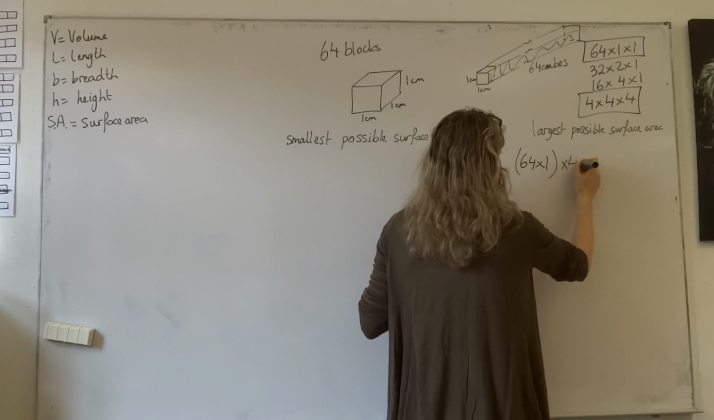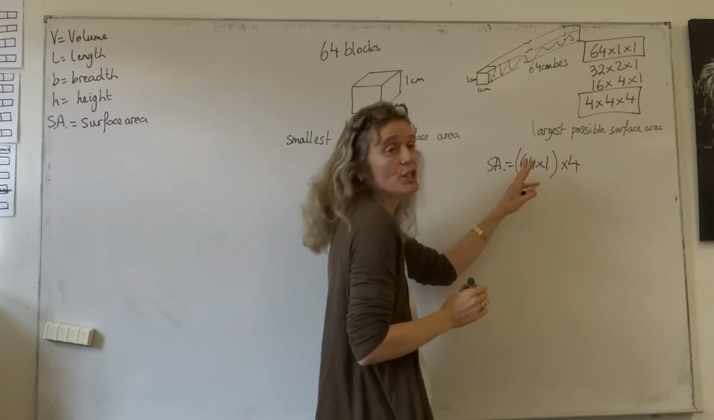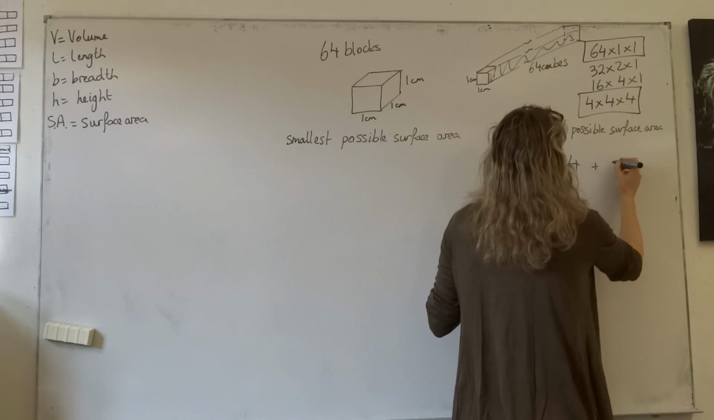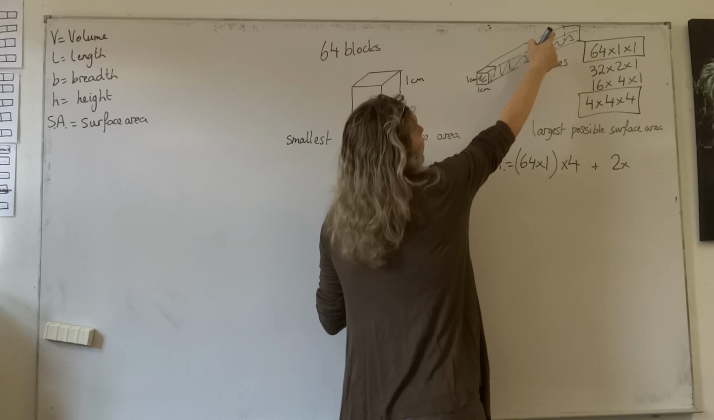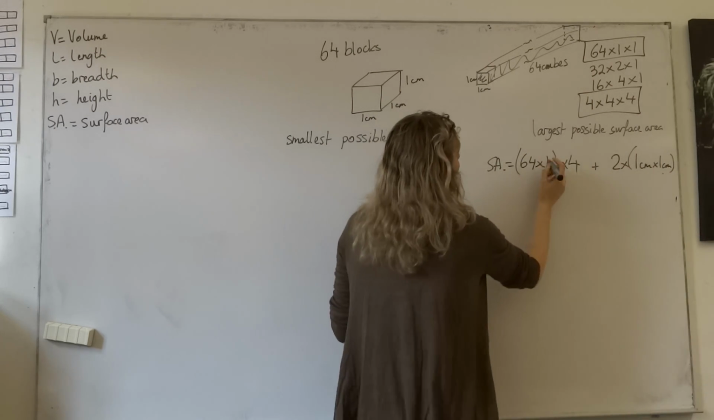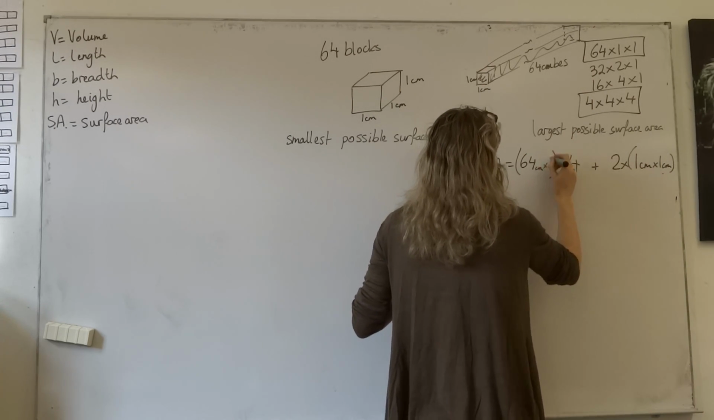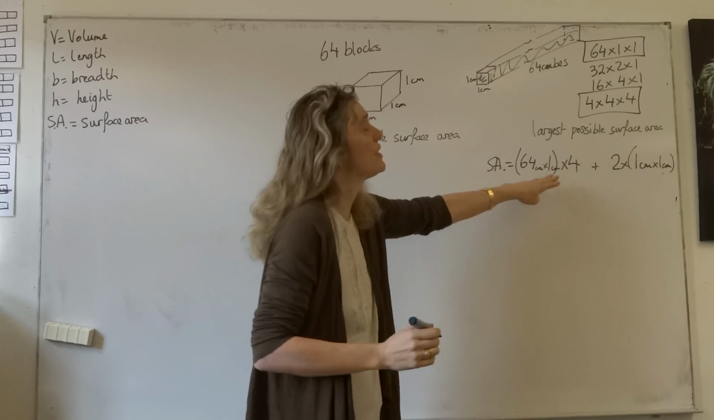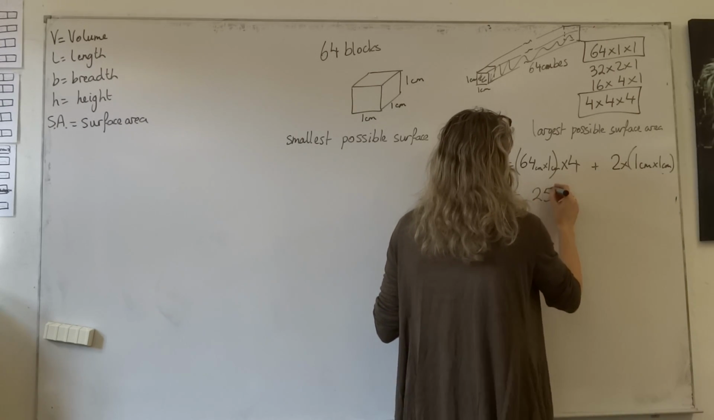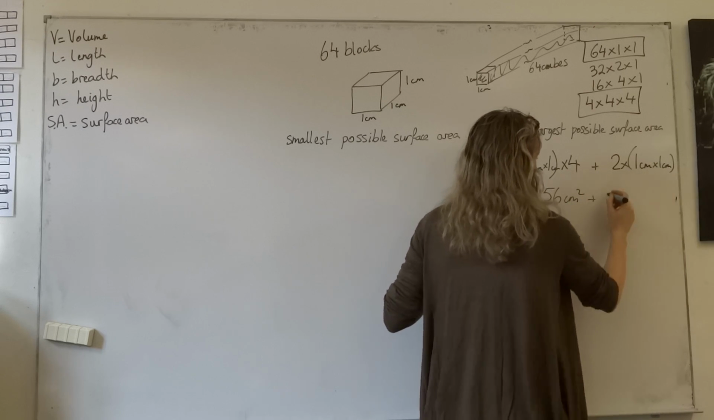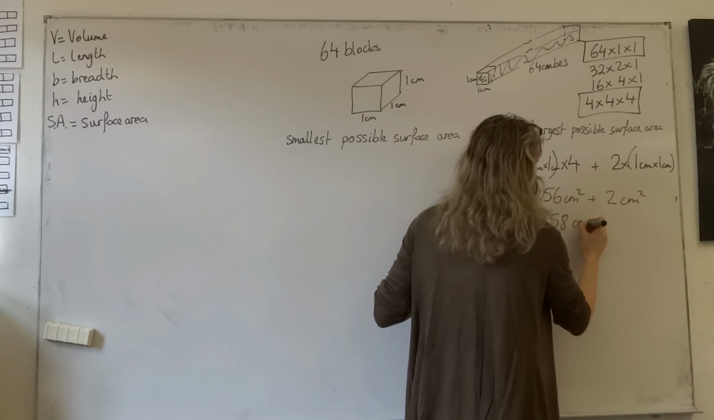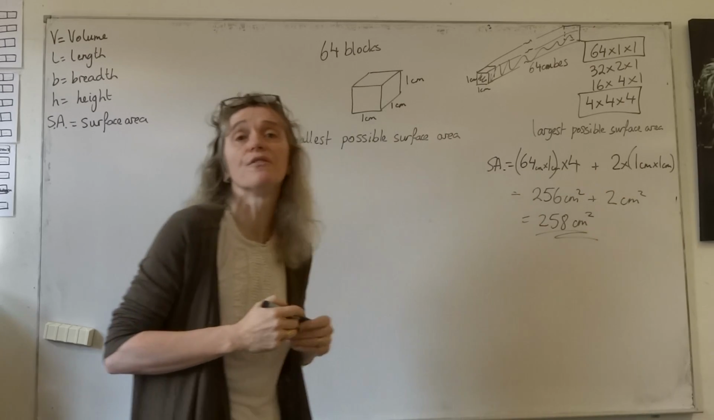So to calculate the actual surface area, we need the area of each of the faces. We'll have 4 faces that are 64 times 1 centimetre. And we're going to have 2 faces, the one at the front and the one at the very back, that are just going to be 1 centimetre by 1 centimetre. I should put in the units there, sorry. So we're going to have 64, double that, we get 128, double 128, we get 256 centimetres squared, plus 2 centimetres squared. So the largest surface area we can get with these blocks would be 258 centimetres squared,